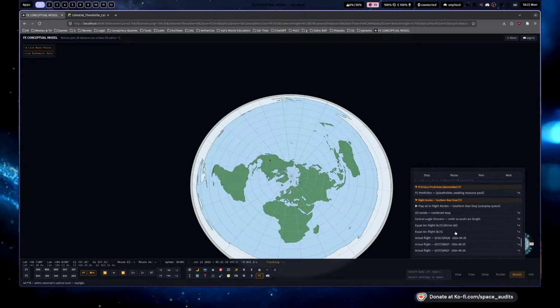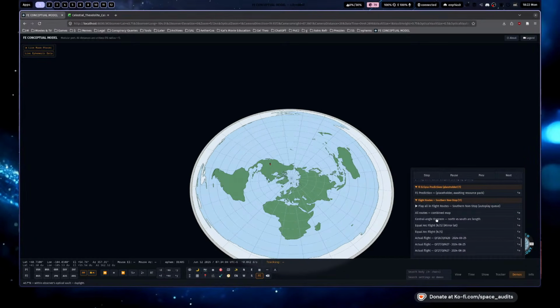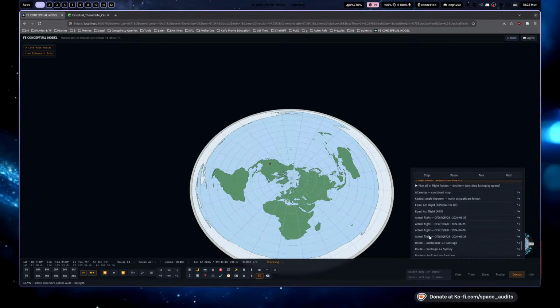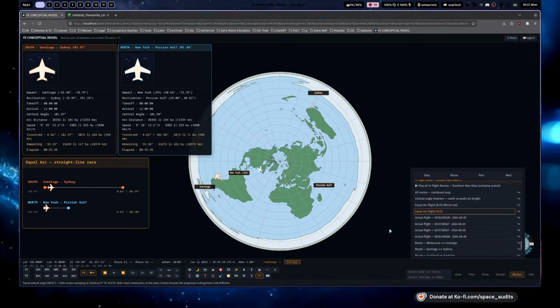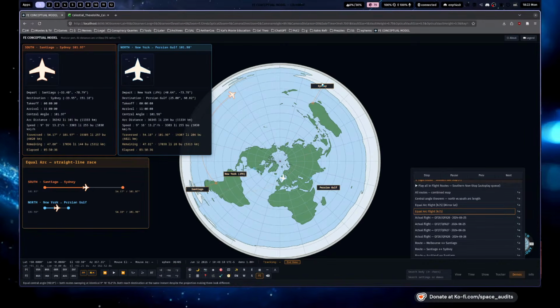Yeah, I was going to implement Gleason's exact method, and then I realized this is pretty much the same thing. In any case, we can see here that we have two flight routes, Santiago to Sydney,